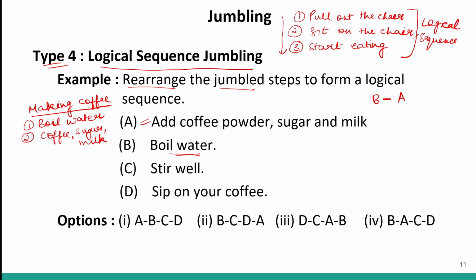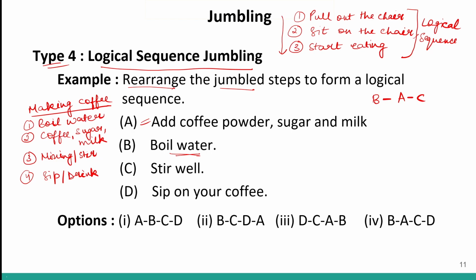Now, can we drink it directly like this? Will it taste good? No. Until and unless we mix everything together and we just stir everything together, how can we get a good product, right? So the third step will be mixing it or to stir it, and that is given in option number C. Now that my coffee is ready, only then I can sip it or I can drink it. Correct? Can I drink it directly after adding the ingredients? No. The stirring step was important.